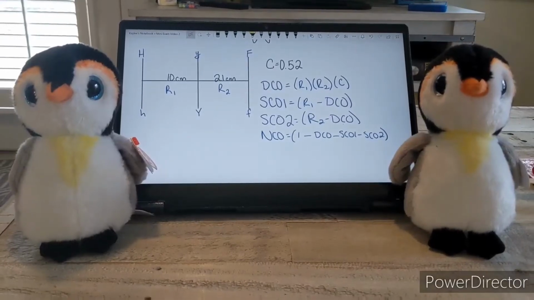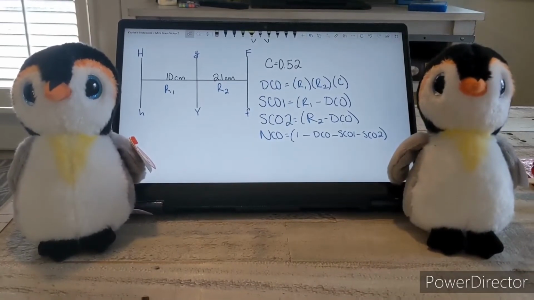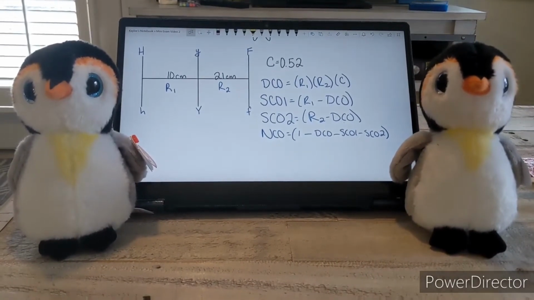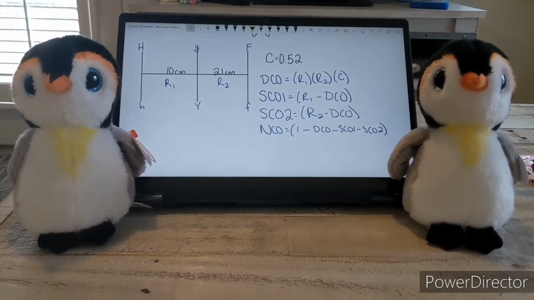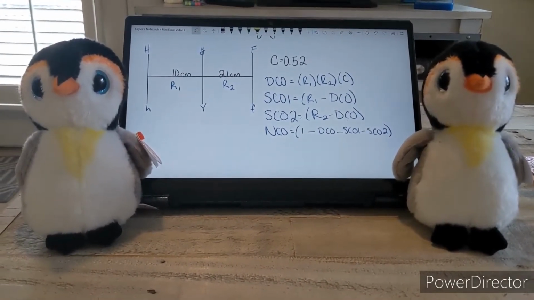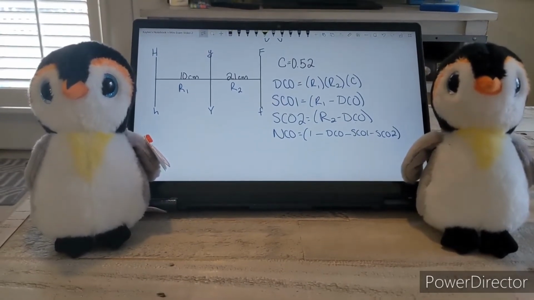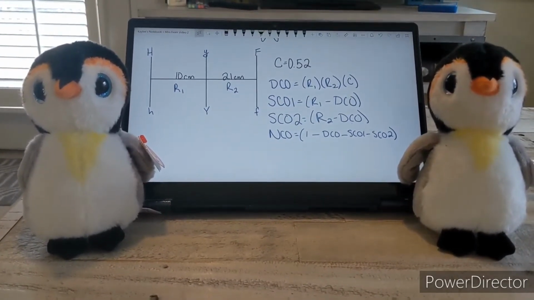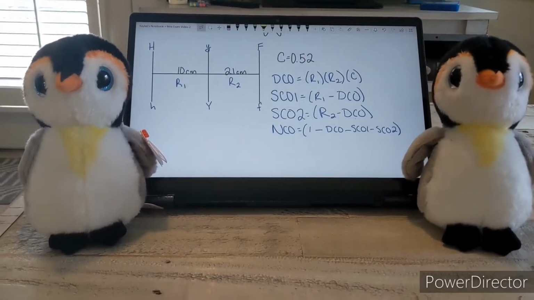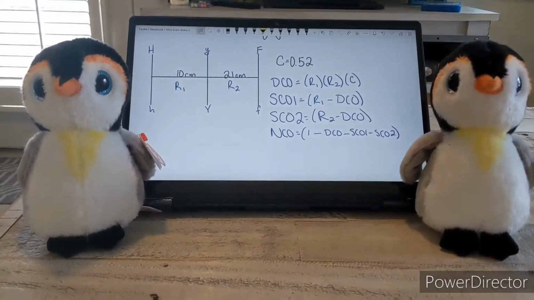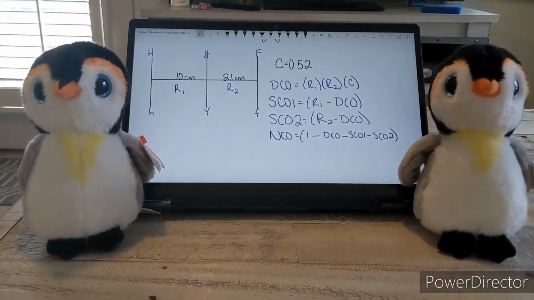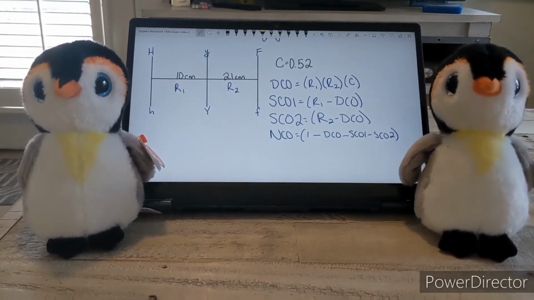Now we need to look at the given genetic map in order to determine the probability of the possible gametes for the baby penguin. In this three-locus map, the distance between the first locus and the chest color locus is 10 centimorgans. The distance between the chest color locus and the fishing behavior locus is 21 centimorgans. There is also a coefficient of coincidence value of 0.52 and an interference value of 0.48.